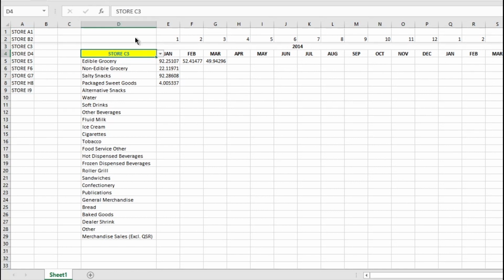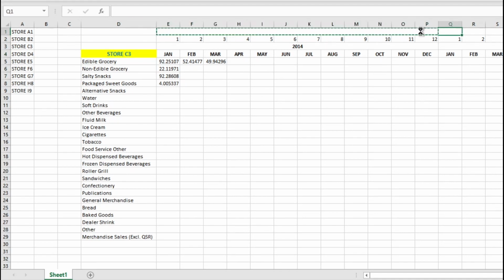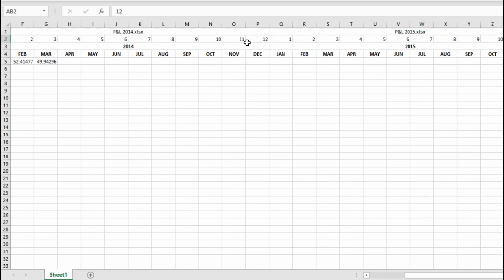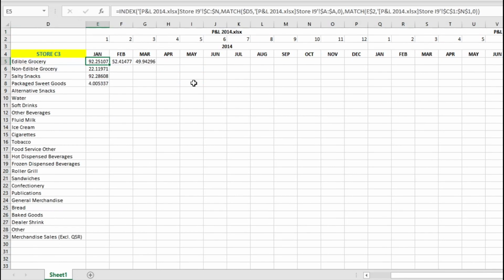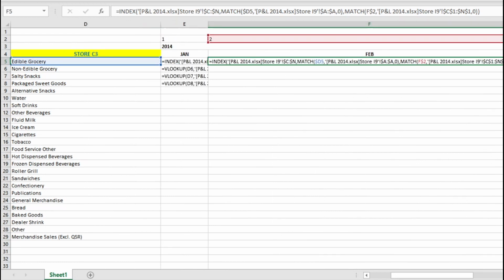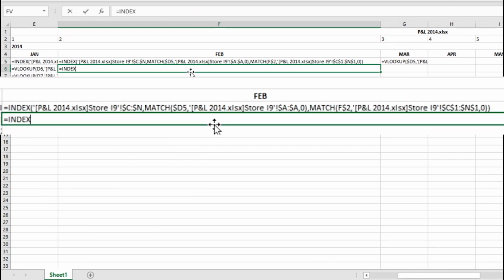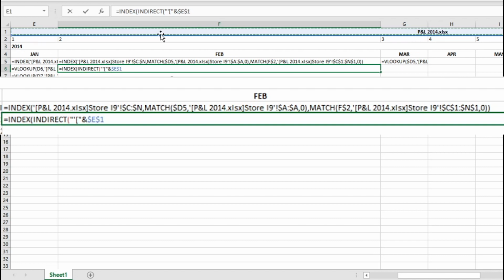What the indirect does is it creates a reference to a range. Here I'm going to input a string that mimics all that is in the formula above. I turned on View Formula in order to help me type out the exact string I need to go into the indirect function. Being careful with the double quotes and square brackets,